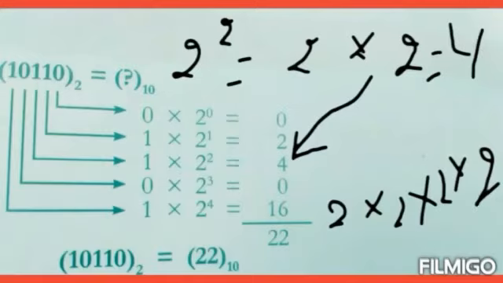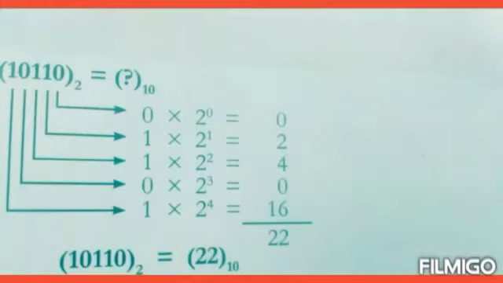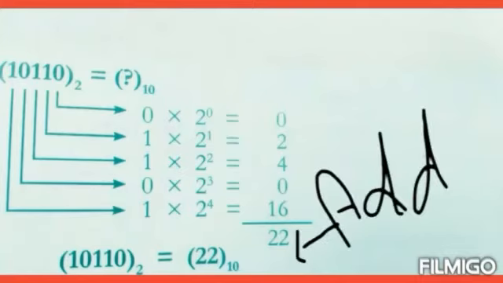Next is the binary to decimal conversion. 10110 is a binary number. Now we will convert it into a decimal number. Multiply each digit of the given binary number with 2 to the power 0, starting from the very first digit from the right. So the right number is 0, multiply it by 2 and give the power 0. Increase the power of 2 by 1 for each multiplication.